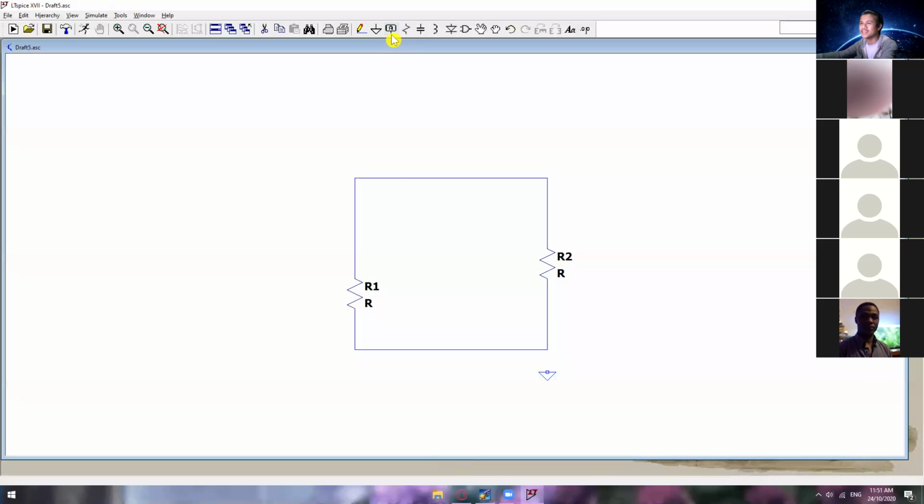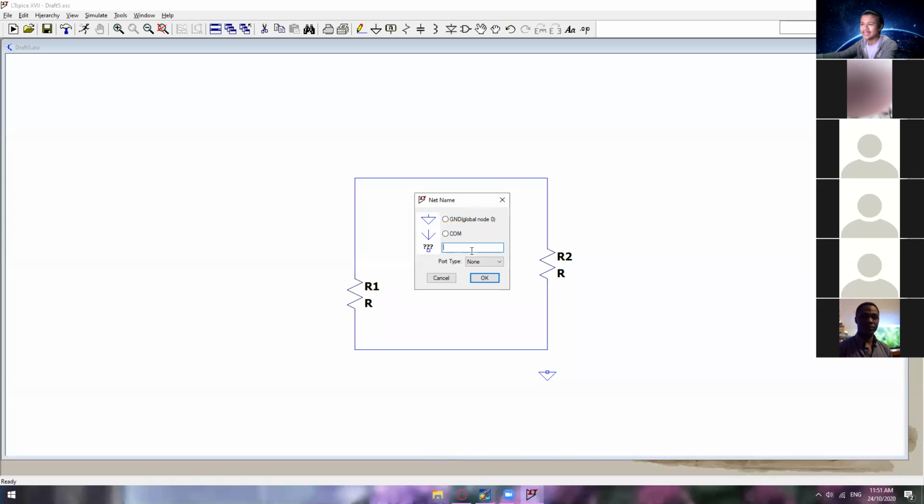So for label net, okay, this is a way wherein you can label a wire or a path or a node. Okay, so let's say you have already a lot of components, and then you have already put a lot of namings in that one. So this one is very helpful. So let's say you want to put here an output. So just choose the port type to output. Okay, and then you can put any name. So V